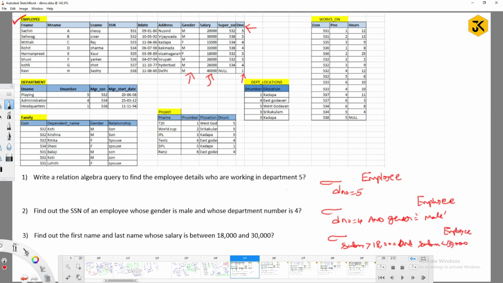Employee table. Okay. So here what data are we getting? We are getting all the details, but what data are they asking? They are asking for only first name and last name, right? You need to filter it based on the columns now, right? How? You can simply perform project. What is the data? F name, comma, L name. That's it. This is the query to solve the third question.